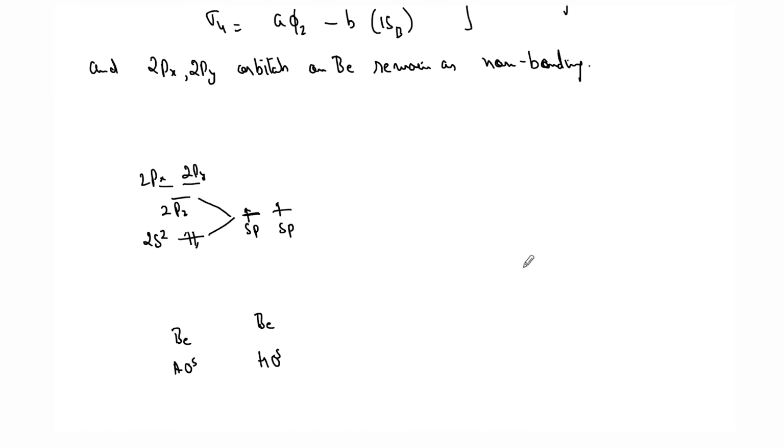Okay, now what about hydrogen? So hydrogen is 1s. So there are two hydrogen. So 1sa and 1sb. This is for hydrogen, and these are atomic orbitals, right? And it has one electron each, right? Now these have to combine with these because they are of same symmetry. It cannot combine with 2px and 2py. S orbitals of this hydrogen cannot combine, so this will remain as non-bonding, right? So 2px, 2py, these are non-bonding.